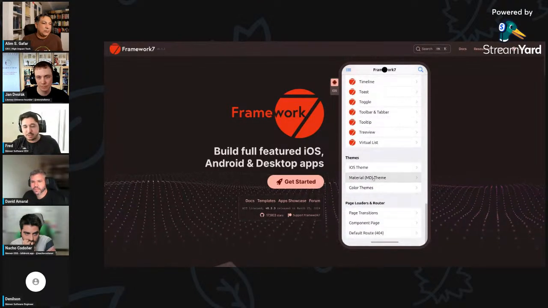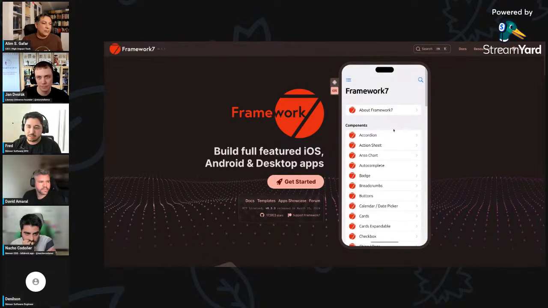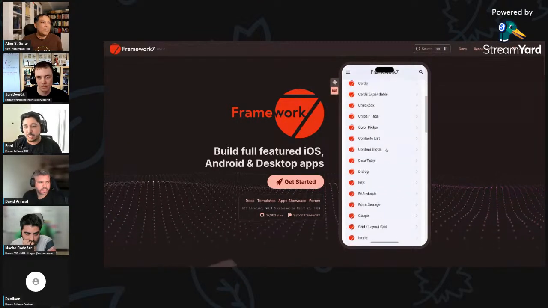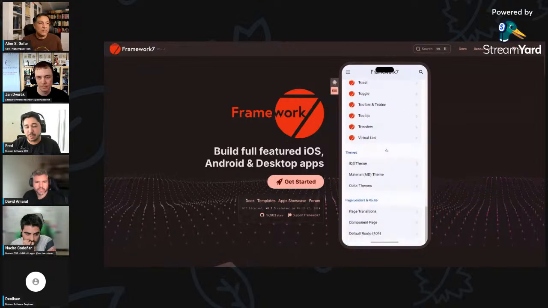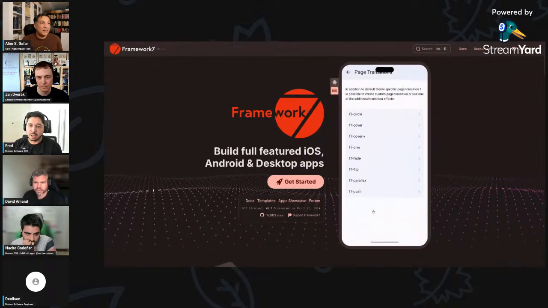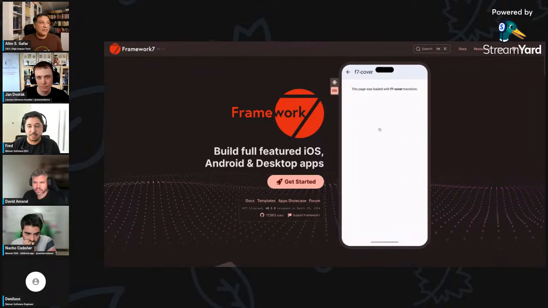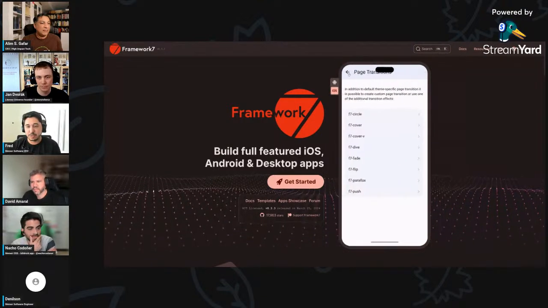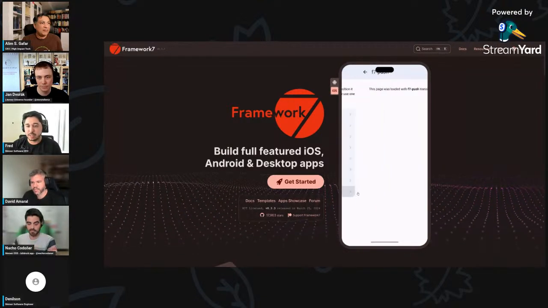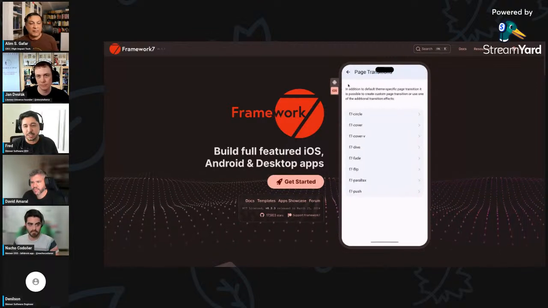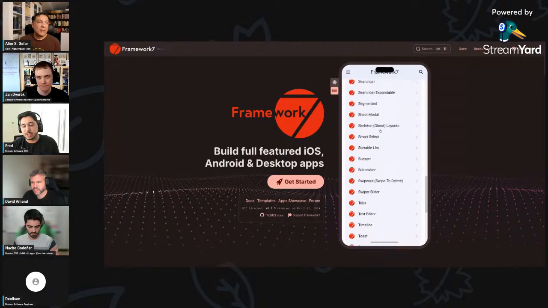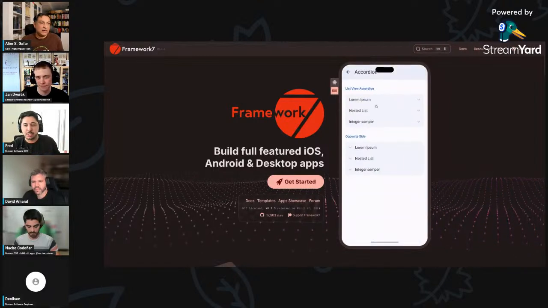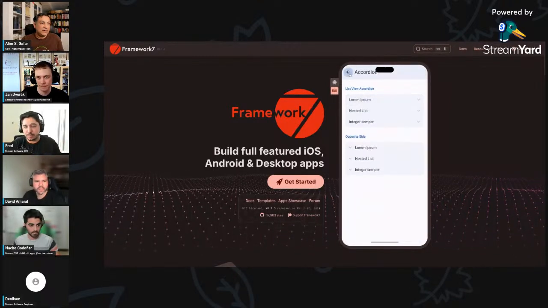I tried to run an application a few minutes back with Framework 7. I'm still having some issues, but what I can say is that I have used Framework 7 with Meteor before. It was with Blaze at that time, and it worked pretty well. It was a great app, very well designed, and I really like the idea of Framework 7 because if you build an application with a web view, you can then have a separate project that would run using Cordova or Capacitor.